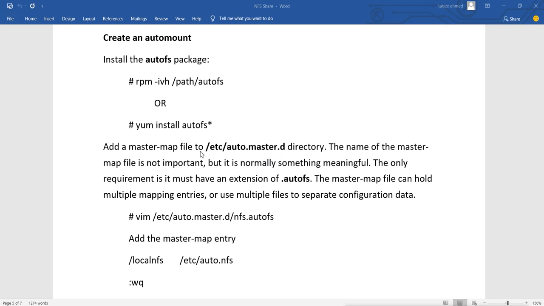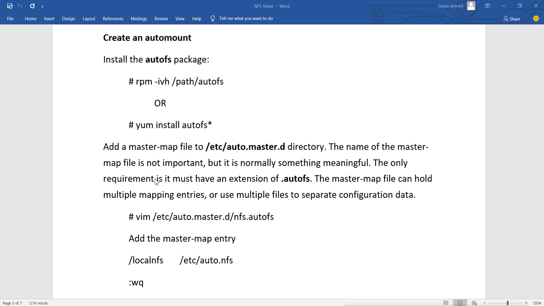Now the name of the master map file is not important. That means in the directory we can create a file with any name. It is not important, but it is normally something meaningful, so that you can understand why you created it.